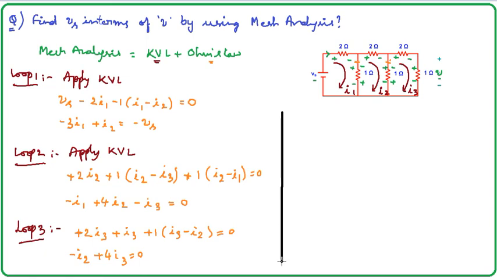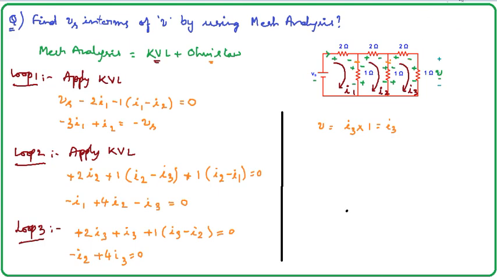The question is very simple: we need to find Vs simply in terms of small v. So let me consider what is V here. V is the voltage across this 1 ohm resistor. So what is the voltage across the 1 ohm resistor? According to Ohm's law, V is equal to IR. What is the current flowing through this? It is I3. And what is the resistance here? 1, so V is equal to I3. So I can say that I3 is equal to V.